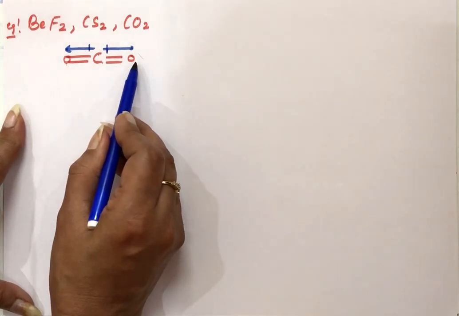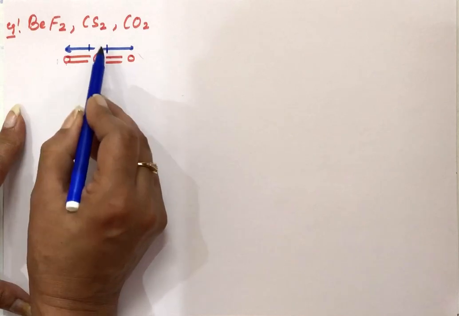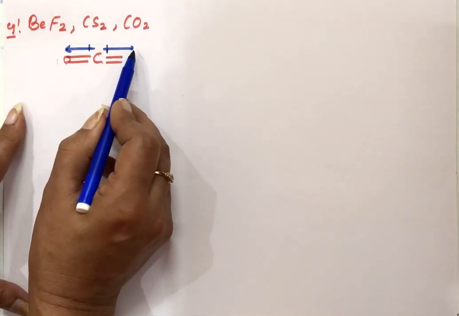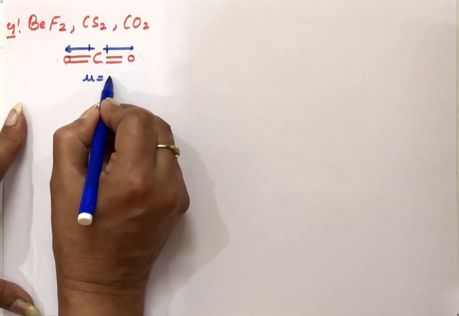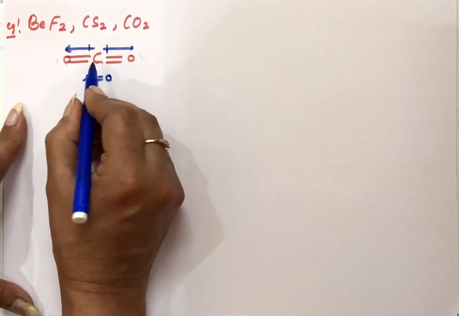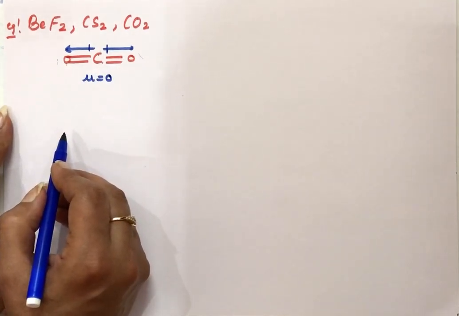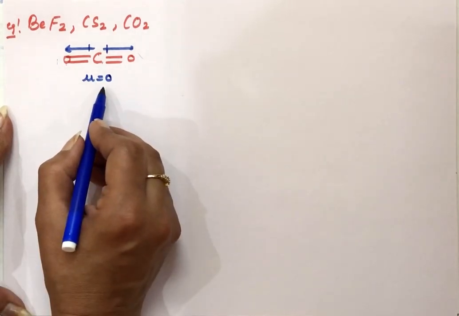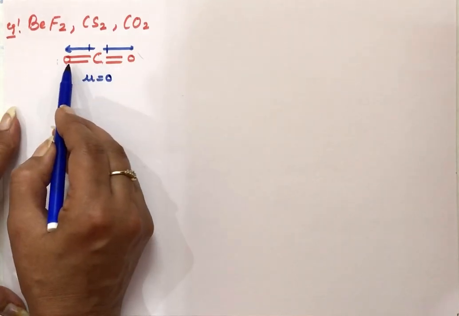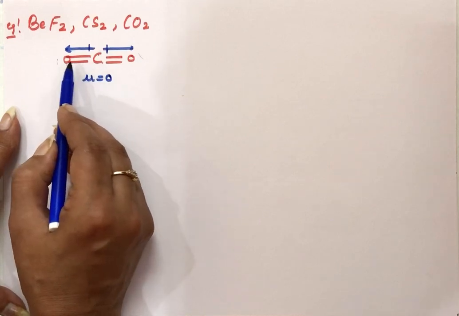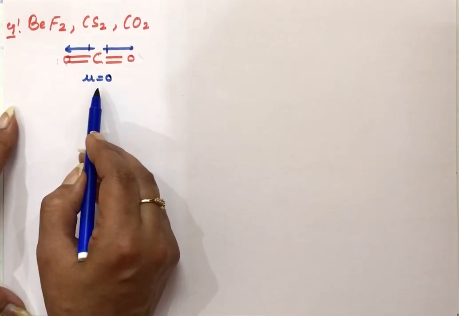but the sign will be opposite. So as a result, though the 2 polar bonds are there, when we take the resultant of these, the resultant will come out to be 0 because the bonds' polarity is cancelled out by each other. So the molecule will become non-polar in nature because its dipole moment is coming out to be equal to 0. Individual dipole moments in this molecule are of equal magnitude, their value is same, but their directions are opposite to each other, and hence they cancel out. So the CO2 molecule becomes non-polar in nature.